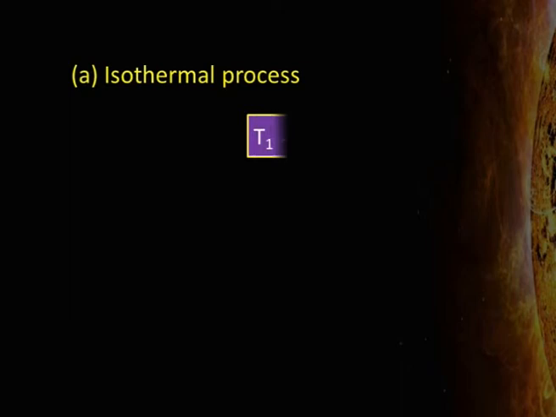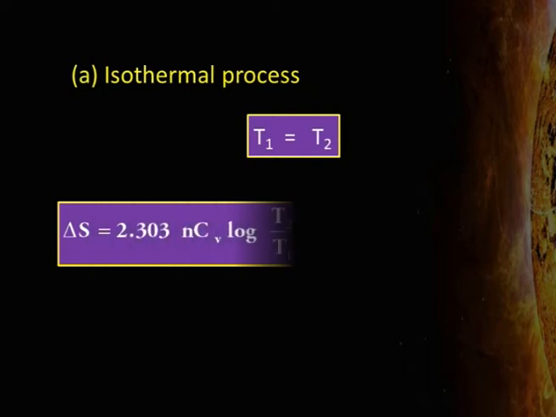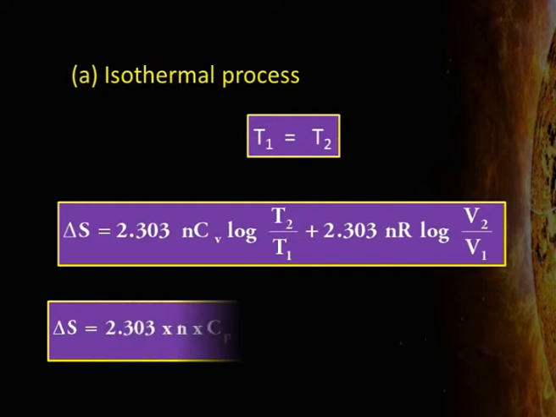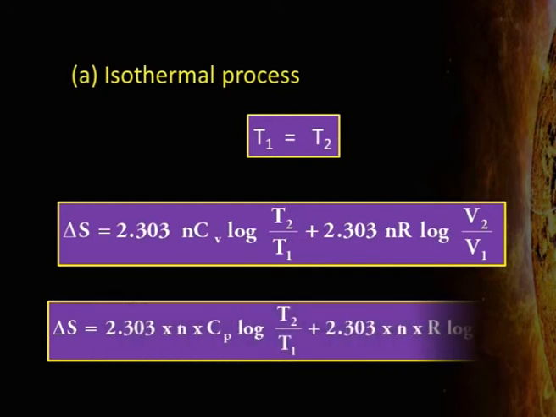We can also calculate the entropy change for ideal gases for different types of processes. First, we are discussing the isothermal process. For isothermal process, temperature remains constant, hence T1 is equal to T2. Therefore, the equation delta S equal to 2.303 n Cv log T2 upon T1 plus 2.303 nR log V2 upon V1 and the equation delta S equal to 2.303 n Cp log of T2 divided by T1 plus 2.303 nR log of P1 divided by P2 reduces to